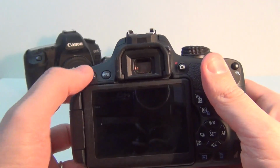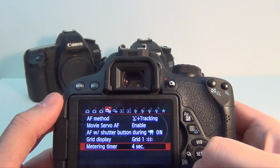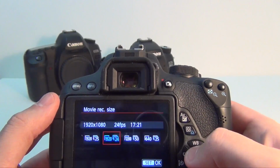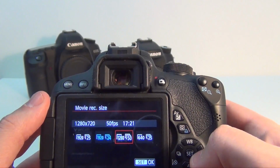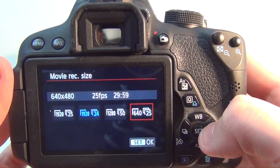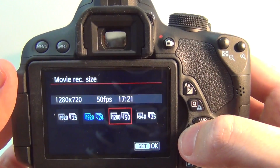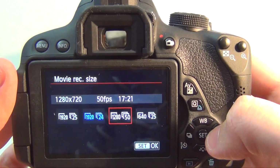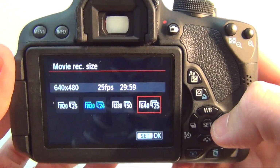In regards to video settings, we have a few good options: 1920 by 1080 at 25 frames per second or 24 frames per second, 1280 by 720 at 50 frames per second. But check this out, I cannot shoot 1280 by 720 at 24 frames per second. So that's a downside. Also, the last option is 640 by 480 at 24 frames per second, and that's about